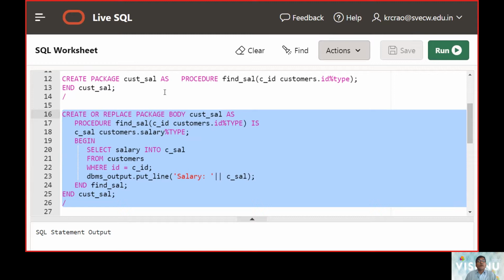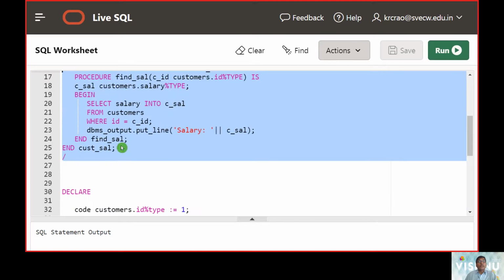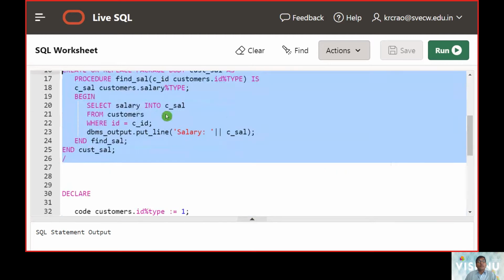The package name we call customer_sal, and it is invoking the procedure, and the name of the procedure was find_salary. And find_salary is dumped to a local variable with the name c_sal. Then we have a select command to bring up the salary field from the table.